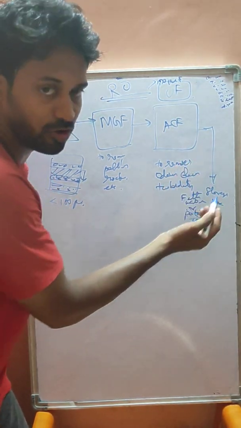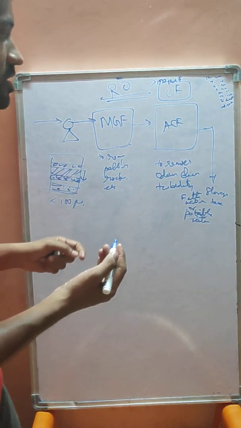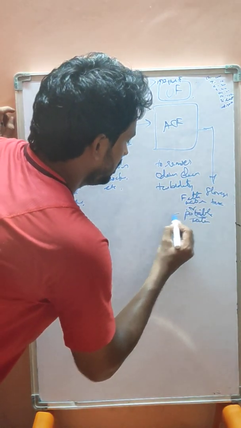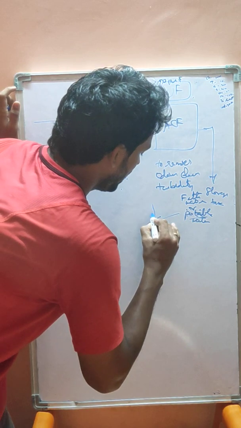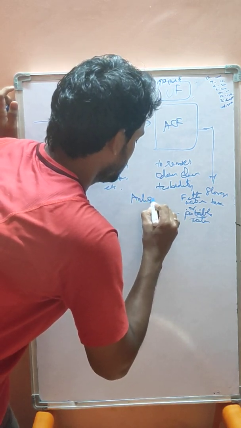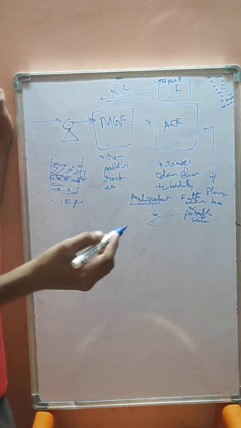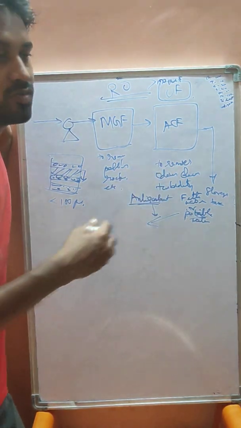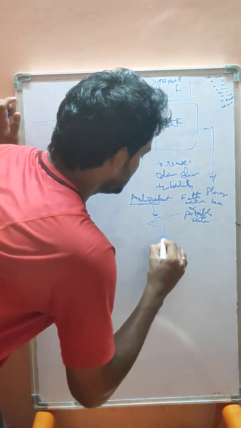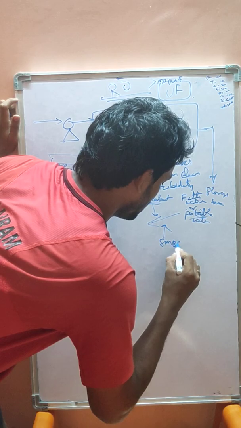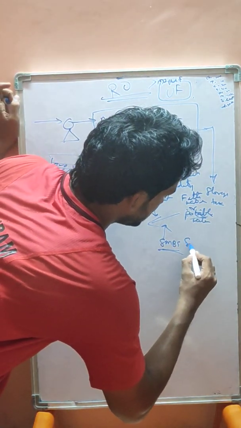After the activated carbon filter, we are going to use some chemical dosing. Initially the anti-scalant is a must. Anti-scalant is added to avoid corrosion throughout the lines while passing through the pipelines. After that, SMBS is added. This is sodium metabisulfite.